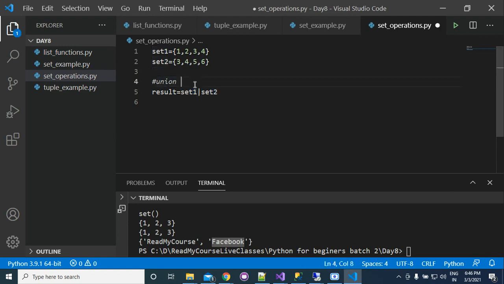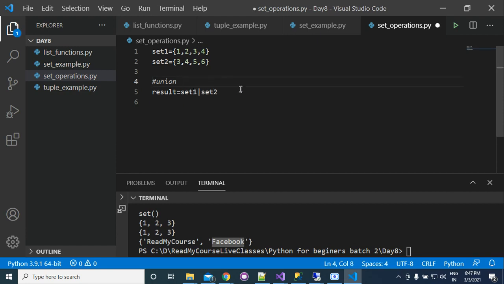So the union operator is this operator. I cannot write it here, I don't know why it is not adding it here.